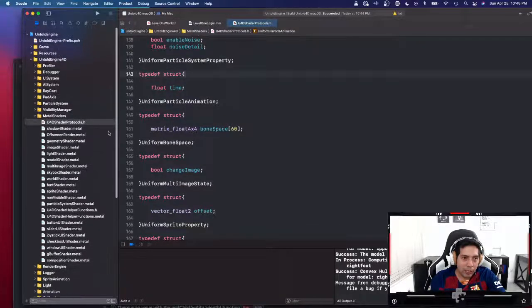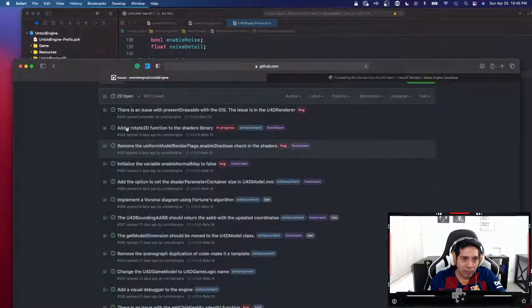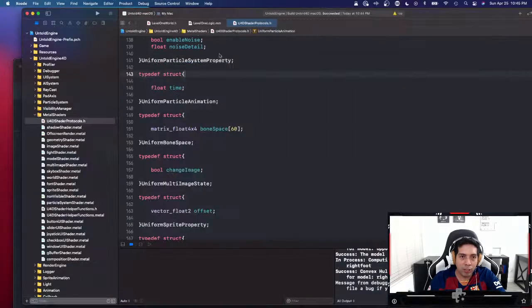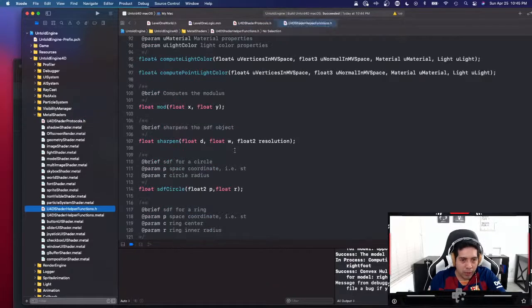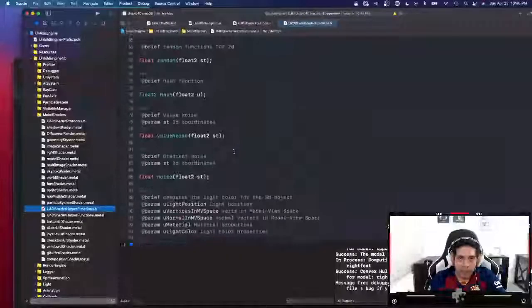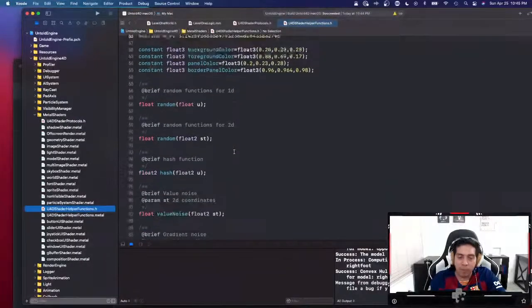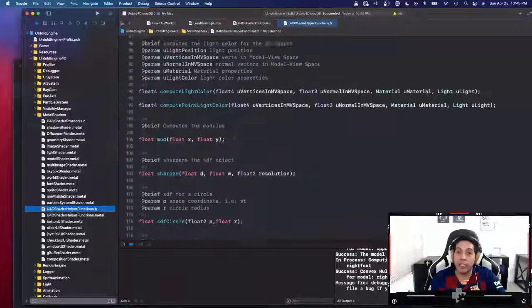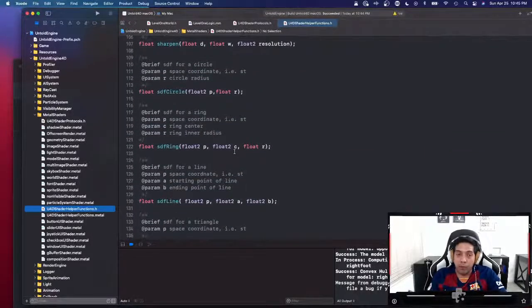All right. So now that we know this works, let me go to this one. Add a rotate to the functions, and what we are going to do, guys, we are going to come over here, and basically in this file here I have all of my files that I use for the shaders, right? If you recall,